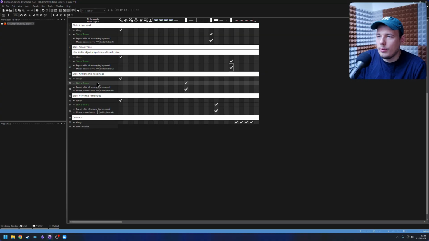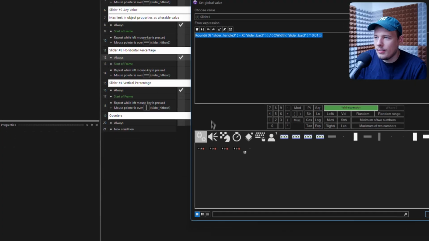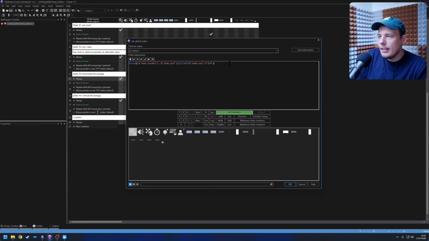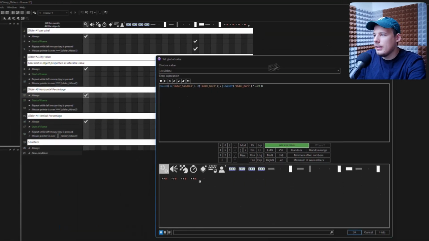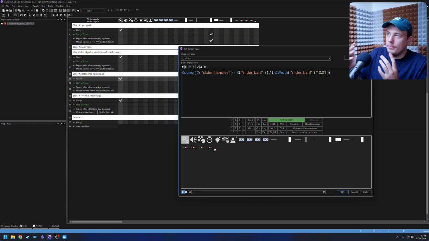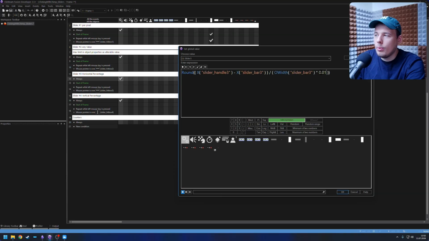And let's see our percentage slider. It's very similar to the any value slider. The only difference is you're not multiplying by set value, but by alterable value of max of the slider. You are multiplying by 0.01,